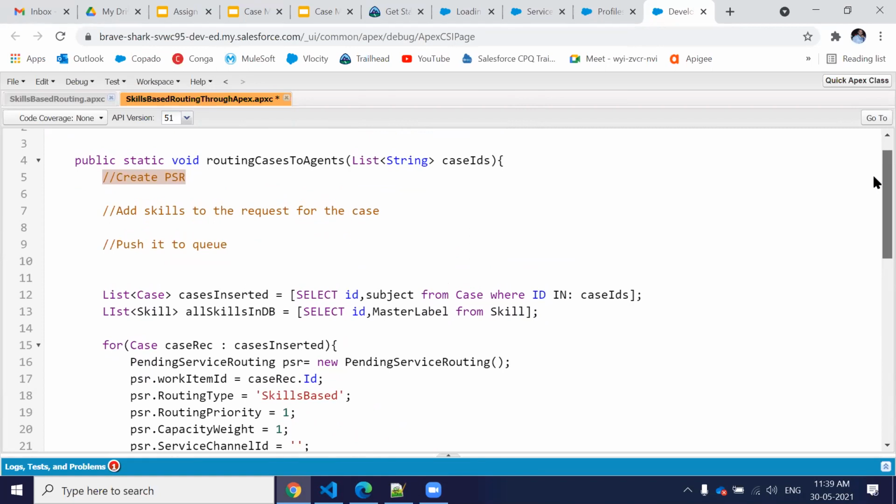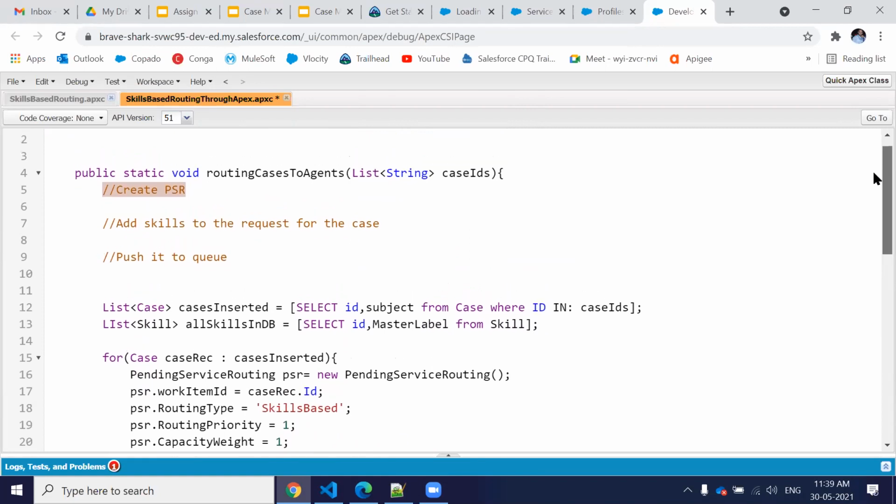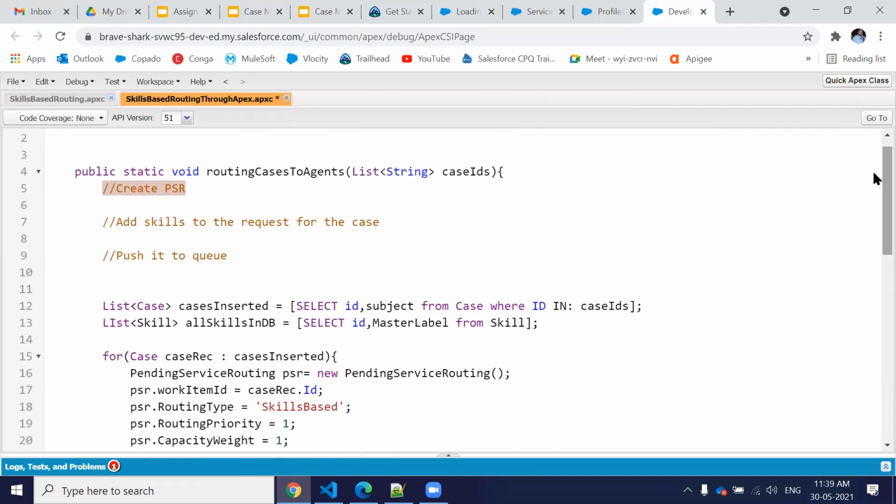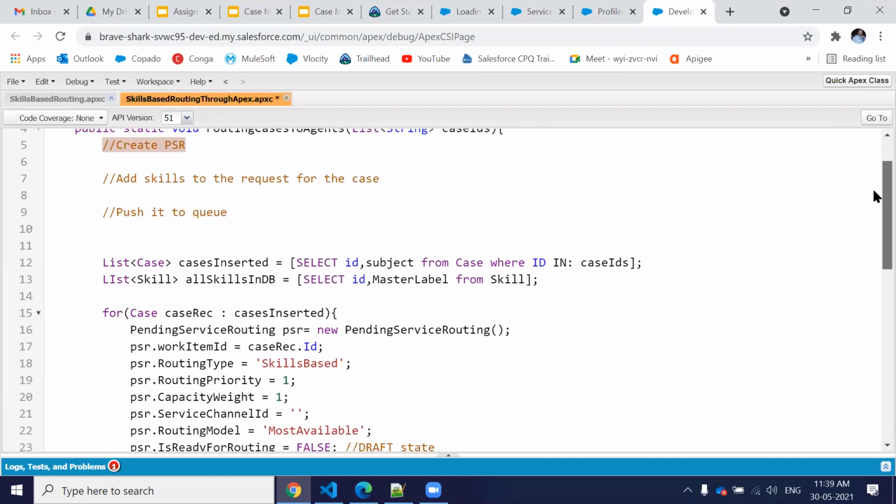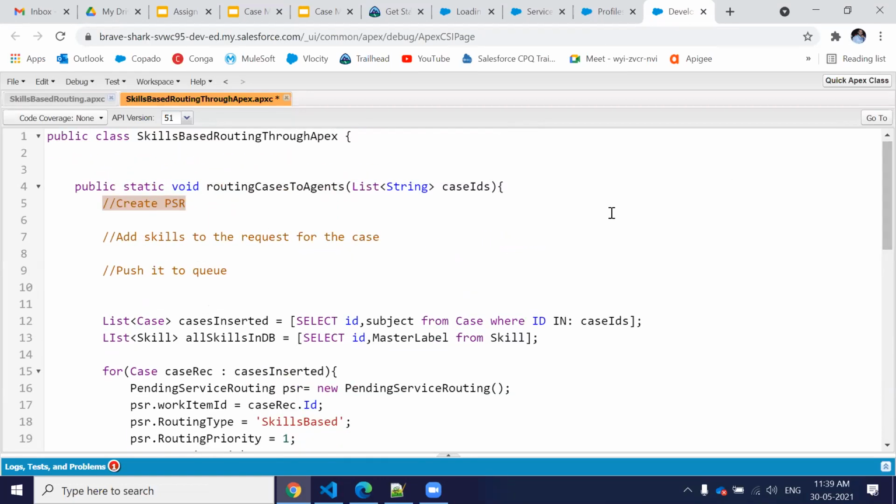We just hold that case inside the pending service routing. And pending service routing is related to the routing, so we have to define some of the things. Before that, I got the IDs, so I have to query the case records and get those cases inside a list.